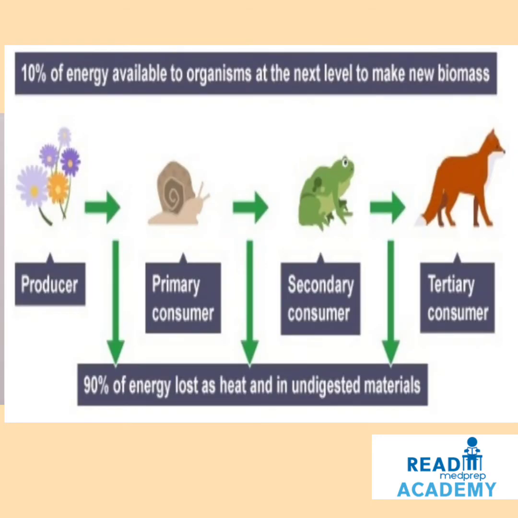So 10% of energy alone is available to organisms at every level to make new biomass. For example, the producers are consumed by the primary consumers. The primary consumers are consumed by the secondary consumers. The secondary consumers are consumed by the tertiary consumers. At each level, only 10% of energy is utilized and 90% of energy is lost as heat and in undigested